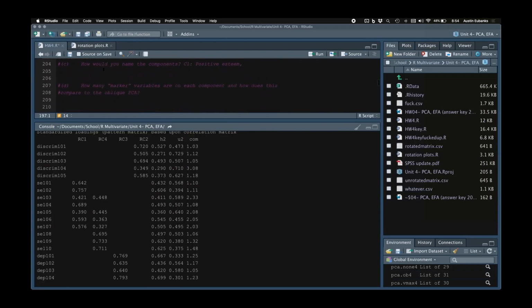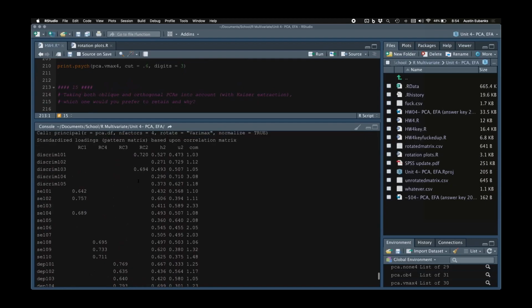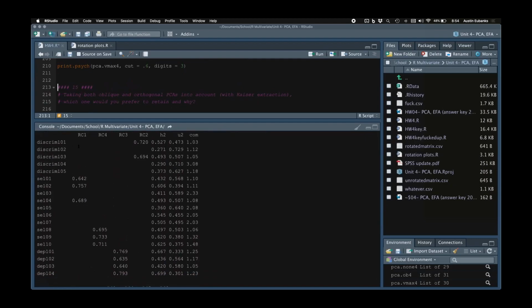Exactly. So if we take this print psych, change our cutoff to 0.6, and run it, you can now see that component 1 has 3 marker variables, component 4 has 3, component 3 has 4, and